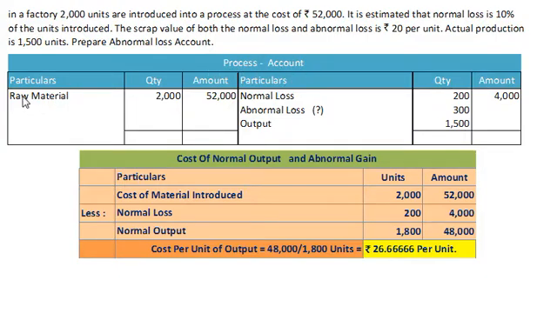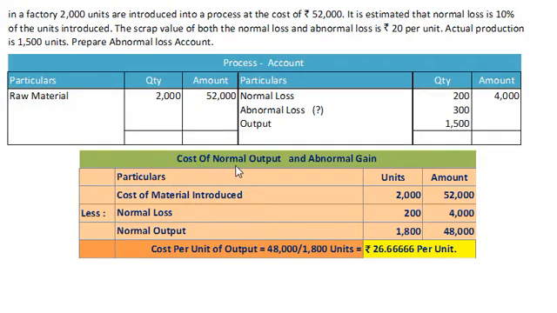In process account, on debit side we record raw material introduced, that is 2000 units and cost rupees 52,000. On credit side we will record normal loss, which is 10%. So 10% of 2000 units, that is 200 units, and realized value rupees 20 per unit. So amount is 4,000. Further, output is given 1500 units. So now the balancing figure, missing figure in quantity on credit side is 300 units. This is nothing but our abnormal loss. Now we will have to calculate the cost price of abnormal loss and actual output.